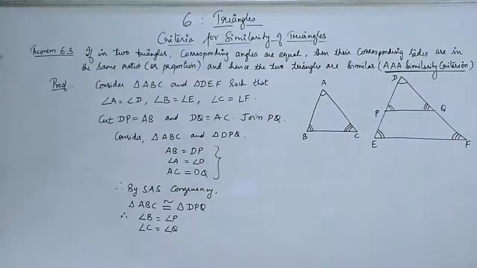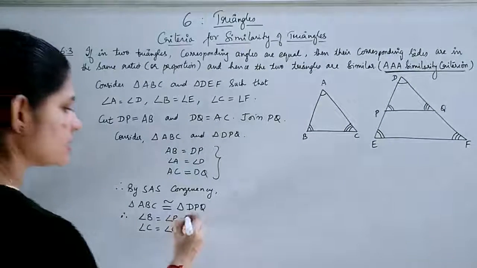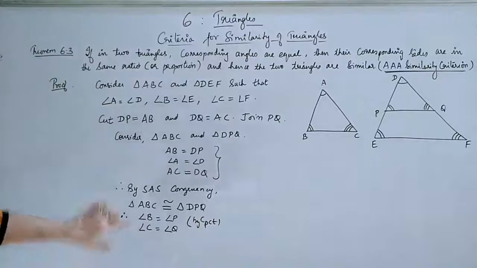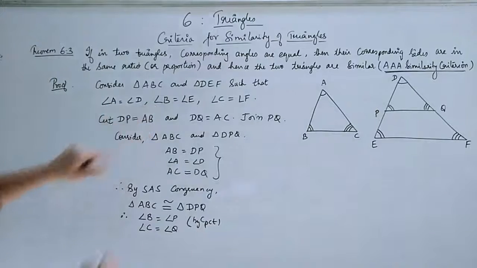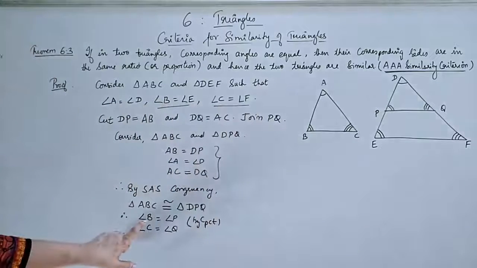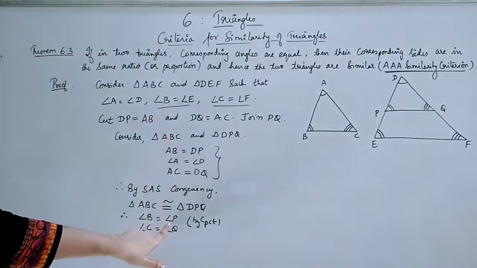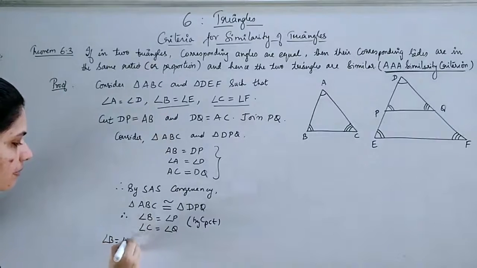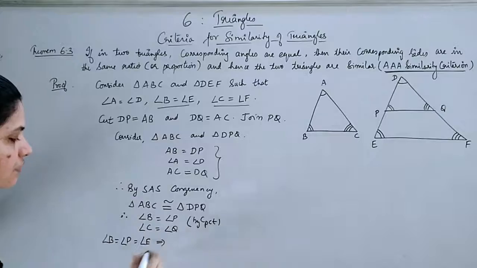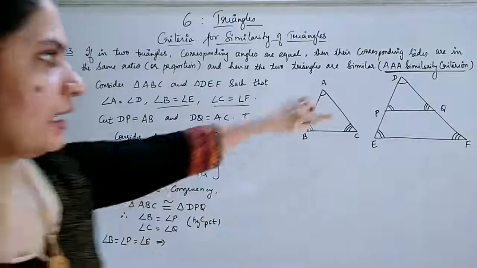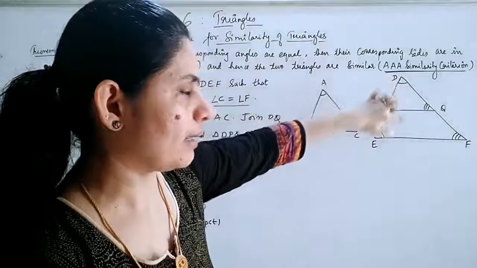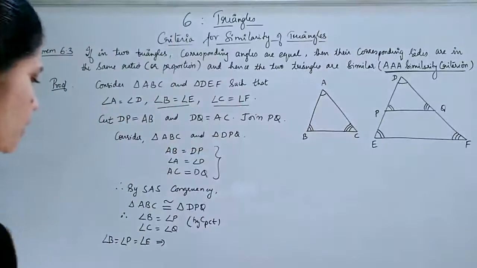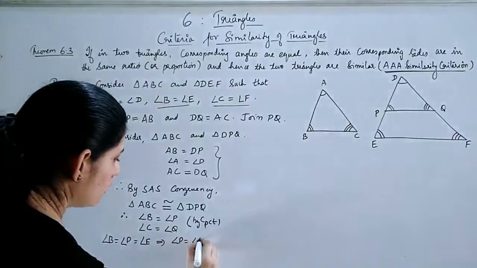Okay. Now this is by CPCT, right? By CPCT you got these two concepts. Now just go for what we have taken. This is the concept which you have already taken, that is angle B equal to angle E. These two together will give you angle B equal to angle P equal to angle E. And we need only angle P equal to angle E. Why? Our purpose here is to show that these two are parallel. So for that, if these angles are equal, the corresponding angles concept will come. So you are getting angle P is equal to angle E.